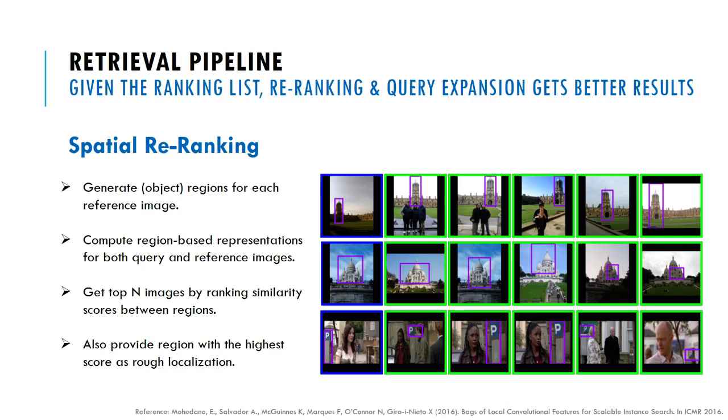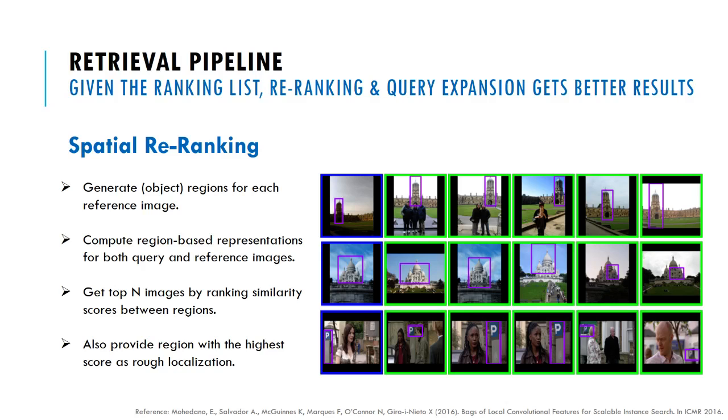These regions could be plentiful. We can find many, many regions in these images. And the way we calculate or determine these regions I will discuss in just a bit, but the main idea for spatial re-ranking is that once we have the ranking list after the filtering stage, maybe you have the top 100 or the top 1,000 images, there's an expensive operation you can do where you can take the main object